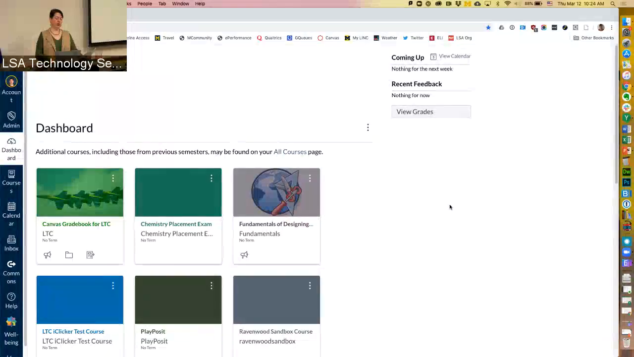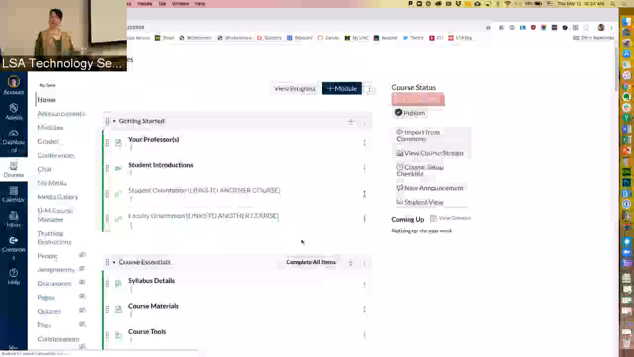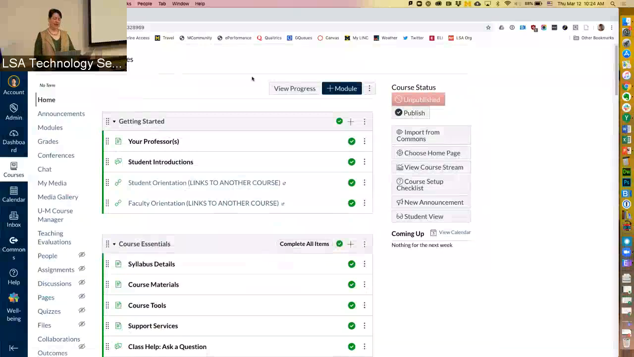One of the things that you will want to make sure of is that your site is published. So I'm going to go into a demonstration course of mine, this little fundamentals of designing and teaching online courses. And if you look up here at the top right of the screen, you will see course status, unpublished. All right, that red button that says this is unpublished, this is invisible to students. And what you want to do is go to this gray publish button, click on that,